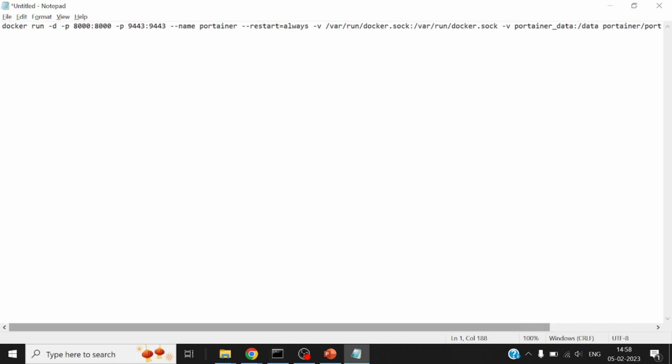Take a look at it. Docker run, two ports are required. Spin up a container with a name called Portainer, restart it always in case there's any failure or something like that. Open up the socket of this particular Docker engine to link it to a volume so that Portainer,